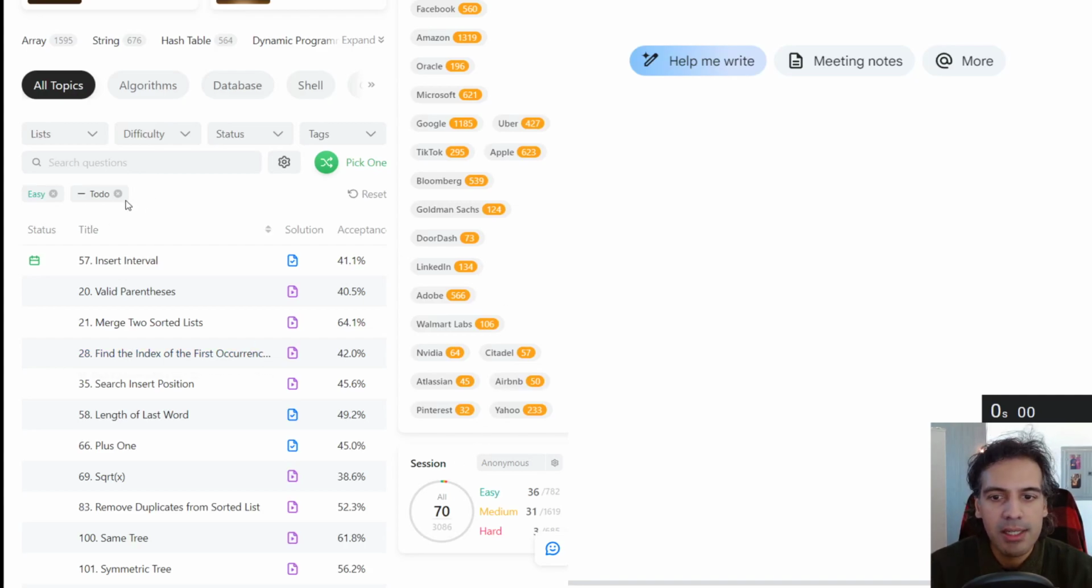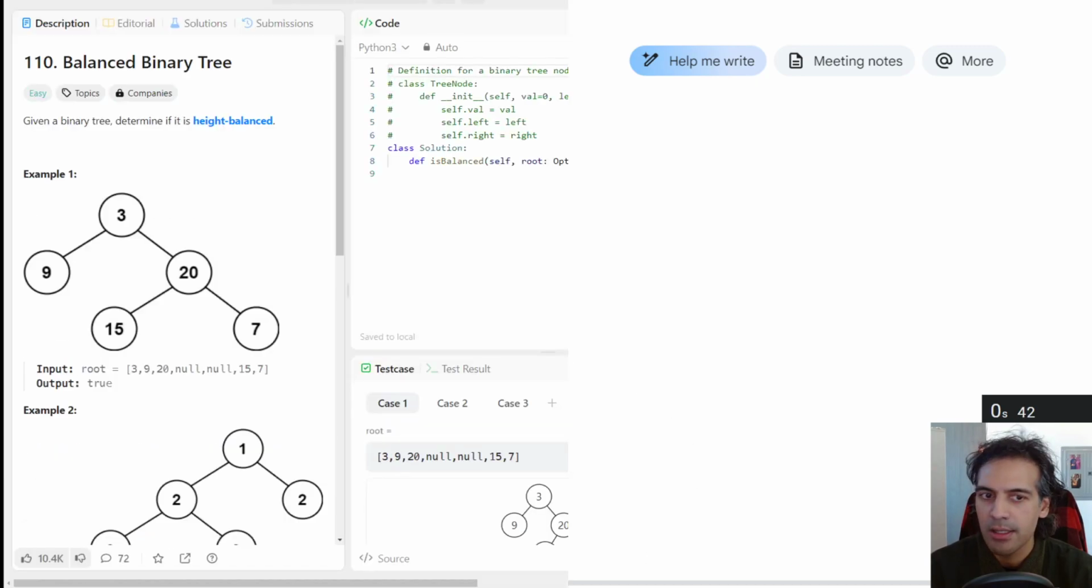We'll do it in mock style, so I'll be using a Google Doc, which is horrible, but here we are, and that is how a lot of interviews tend to be. So we'll pick one at random from the easy and undone list, and let's see what we get and start the timer. So we've got Balanced Binary Tree, number 110,